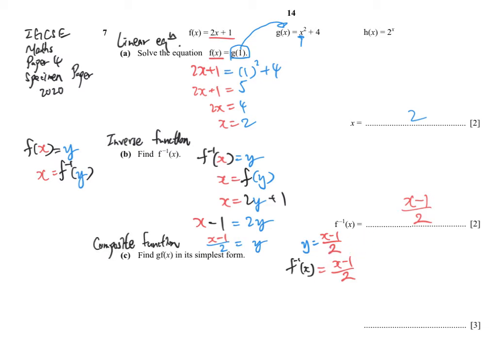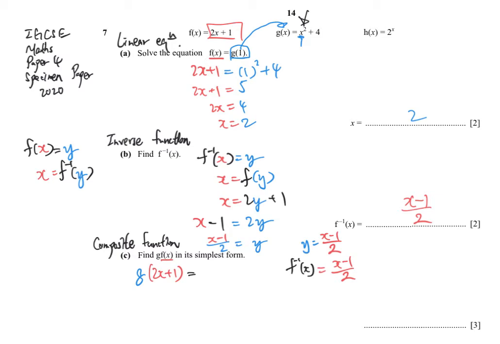So part C is about the composite function. So you just put the f of x inside the g of x. I will draw it this way. f of x is actually equal to 2x plus 1, right? So you can think about it as g of 2x plus 1. They are equal. g of f of x is equal to g of 2x plus 1. So you just put the 2x plus 1 into the x